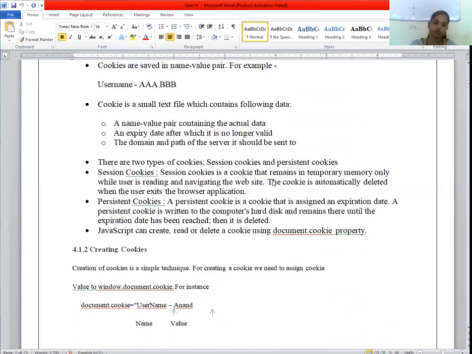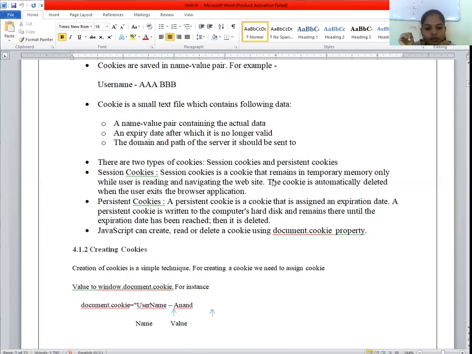So session cookies, what are the session cookies? Session cookies are cookies that remember information in temporary mode. So we can say that a session cookie is a cookie that remembers temporarily, for some time. Temporary means within 1 week, 2 weeks. That's what we call temporary, not permanent. It means it's not a long period. Correct. So it's stored in temporary memory.